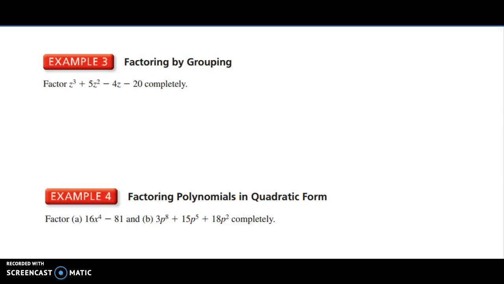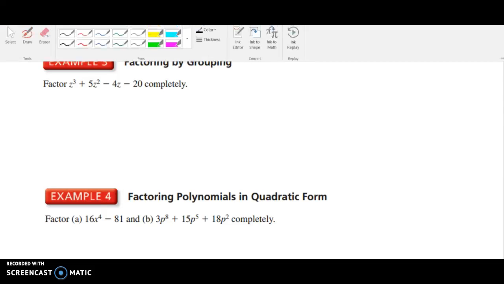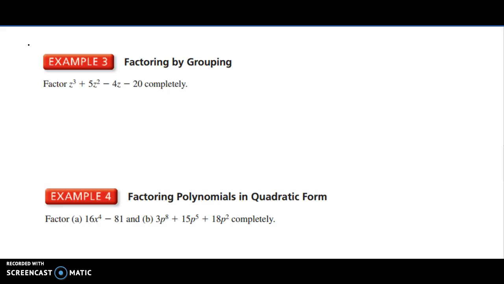Go to example 3 in your notes, and we're going to factor this polynomial. As you can see, there are 4 terms here. Whenever there are 4 terms in your polynomial, we try to think, can we factor by grouping? So if you group the first 2 together and then group the second 2 terms together, we can try to factor the GCF out. So the GCF of the first 2 is going to be